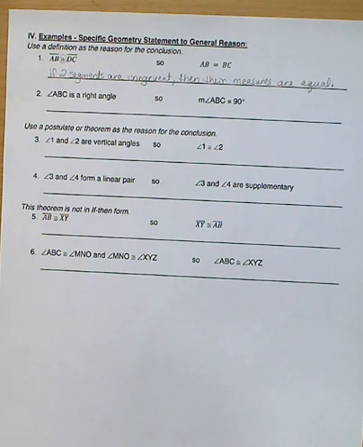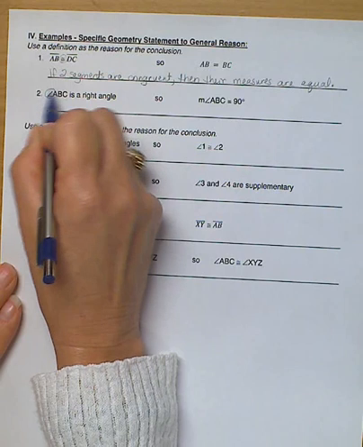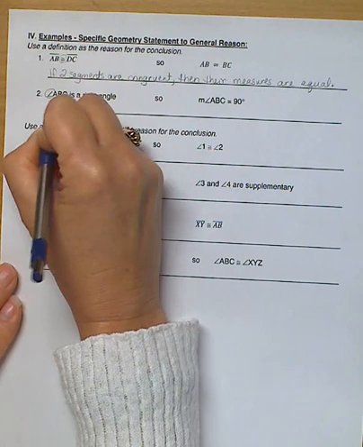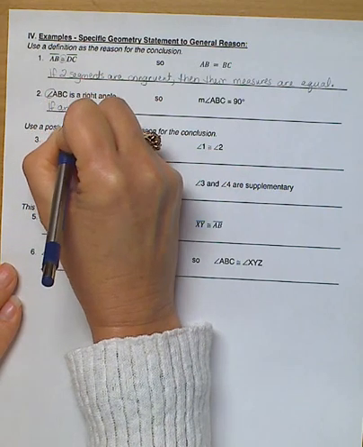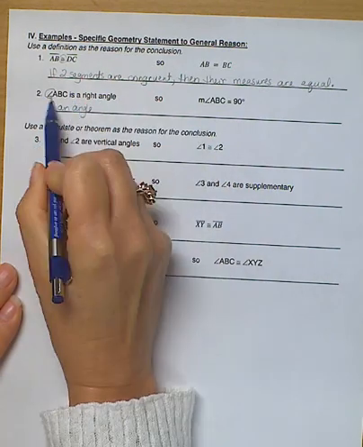Okay, number 2. What do you have? You have an angle. How many of them do you have? 1. If an angle, or you can say if one angle. Well, what's true about that one angle? It is a right angle. So if an angle is a right angle,